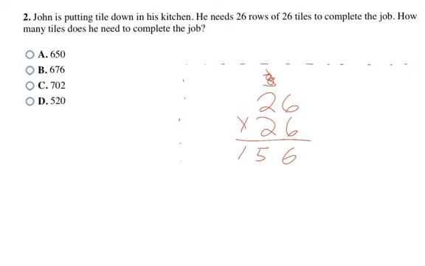And then I move over a slot. 2 times 6 is 12. Carry the 1. 2 times 2 is 4, plus that 1 is 5. And then I add those two numbers. So I'm going to have